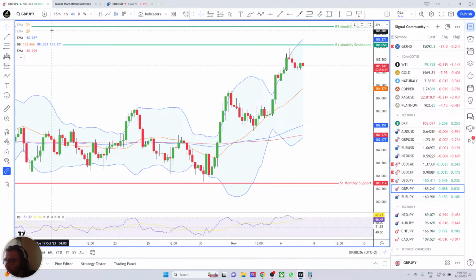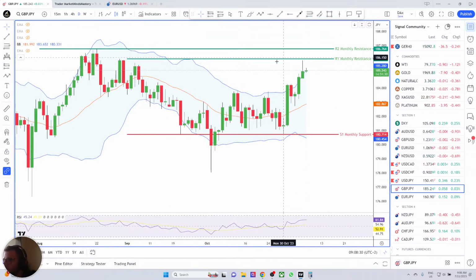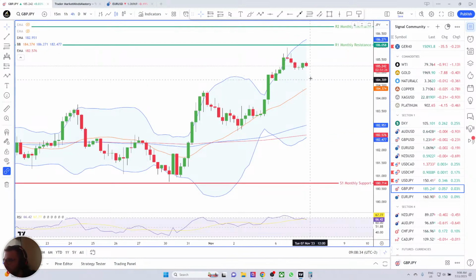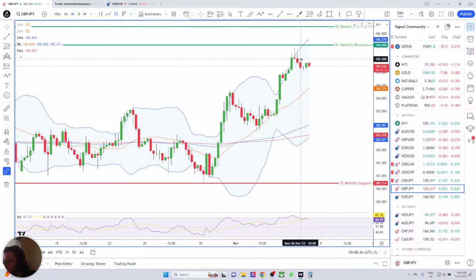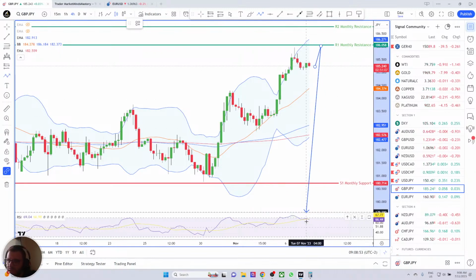Next one, Great British Pound JPY, daily chart. Price got rejected yesterday around this area of strong monthly resistance. On the 4-hour chart though, we see that the RSI came below the 70. So if the price now is going to spike aggressively to the upside, the RSI won't be able to pick up the move,